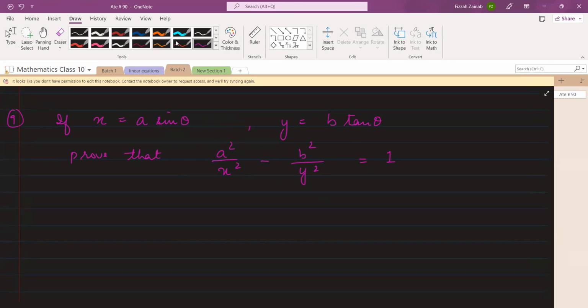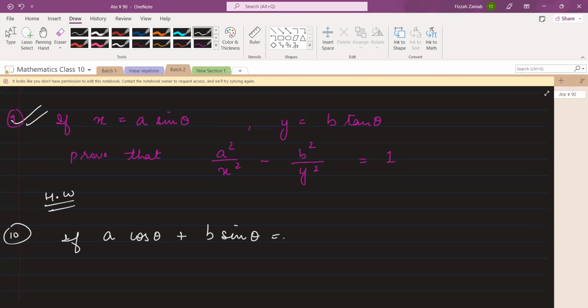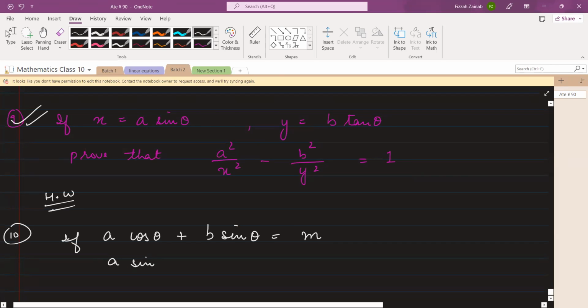I'm giving you some homework. You will try these questions, right? So this one also is your homework. You please try. If a cos theta plus b sine theta is equal to m, and a sine theta minus b cos theta is equal to n, then prove that a square plus b square is equal